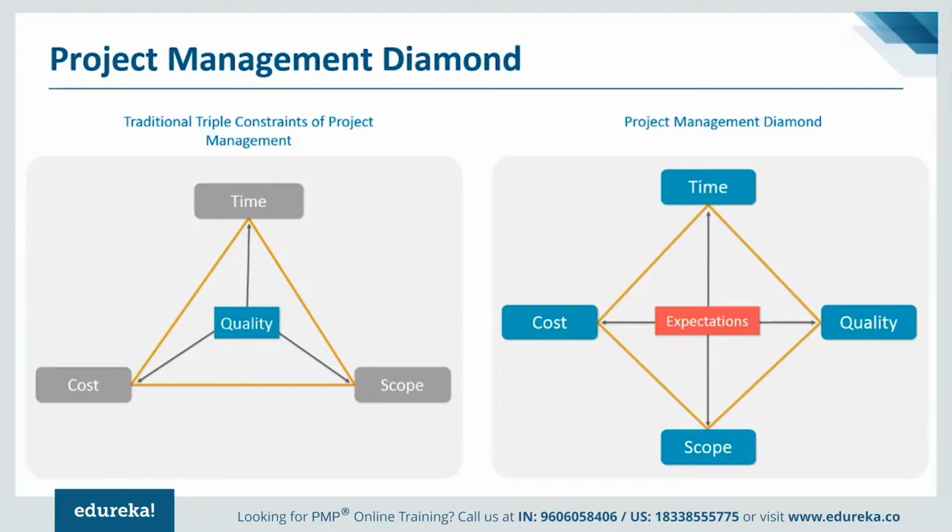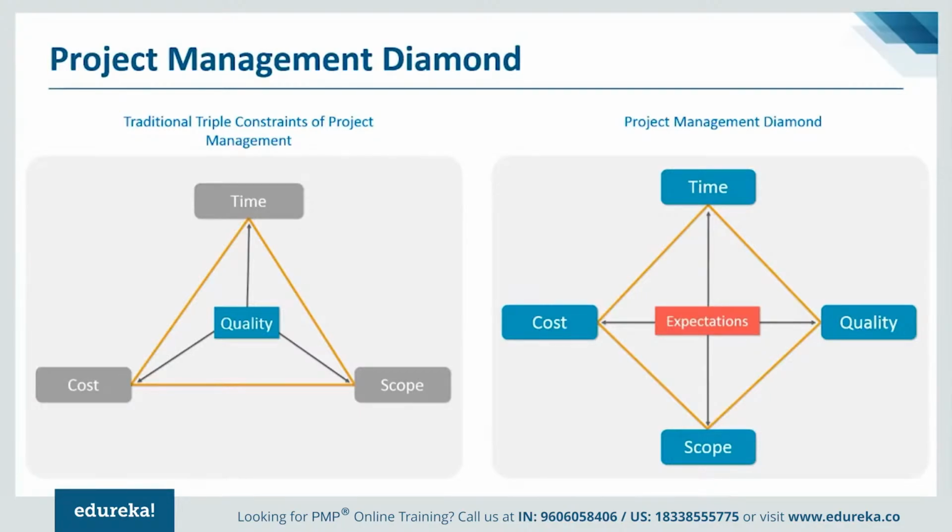Now, what is a constraint? A constraint is nothing but if you change one thing, at least one other thing will get affected. So for example, time. As we saw just now, a project has a fixed start date and a fixed end date, so there is some duration through which we execute that project. But what about the duration if it gets affected? If the duration is reduced suddenly, what will happen? If there is a change in time or schedule, obviously